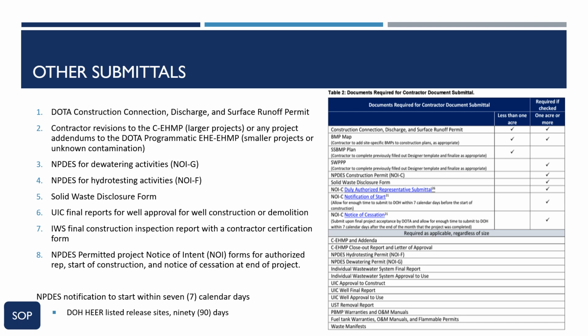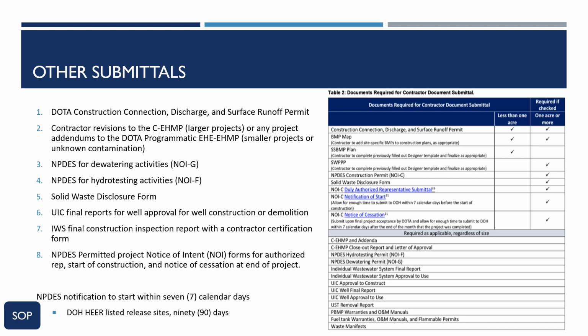Contractor revisions to the site-specific construction environmental hazard management plan, or CEHMP for larger projects, or any project addendums to the existing DOTA environmental hazard evaluation, environmental hazard management plan, or EHE-EHMP for smaller projects or unknown contamination. 3. NPDES for dewatering activities, NOI-G. 4. NPDES for hydrotesting activities,